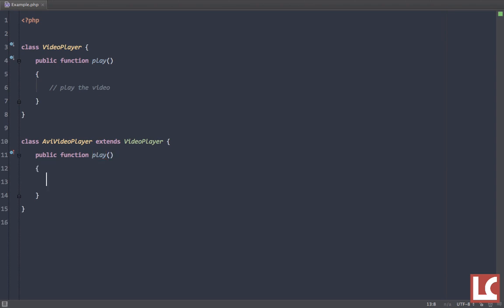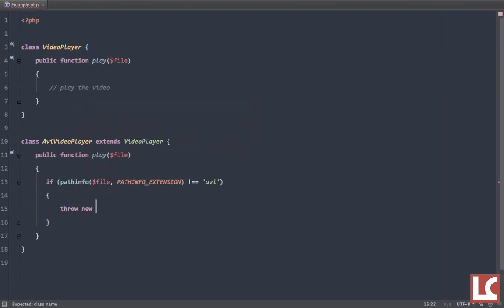However, this time we do something a little bit different. Maybe we check the extension of the file. So for example, when you call the play method, you provide the name of the file to play. So maybe when we override this, we say something like this. If, and let's do pathinfo to grab the extension. So let's say pathinfo file, and we want to grab the pathinfo extension. So we'll say if the extension is not AVI, then in that case, maybe we will throw some kind of